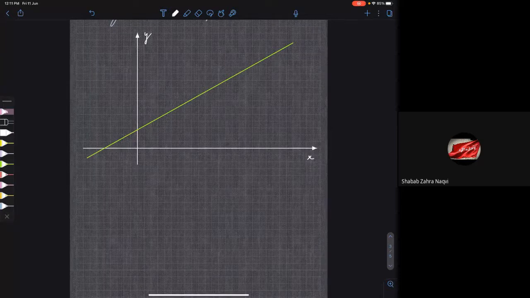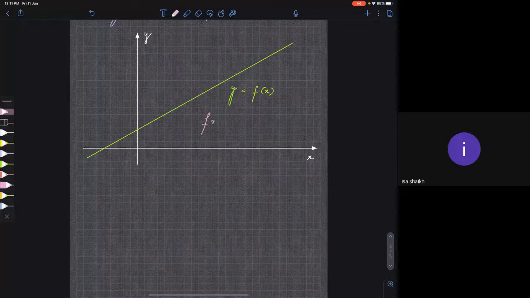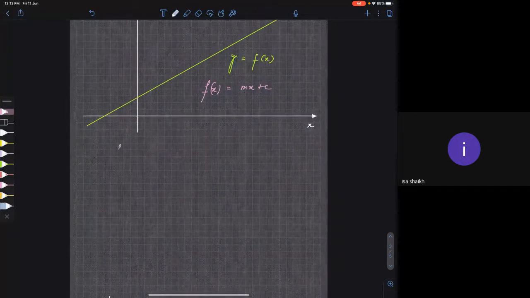And you generally plot what? y is equal to some function of x. y is equal to mx plus c. What is the meaning of function of x? It will be some combination of x. In this case, what is f of x equal to? mx plus c. Correct? Now, for all values of x,